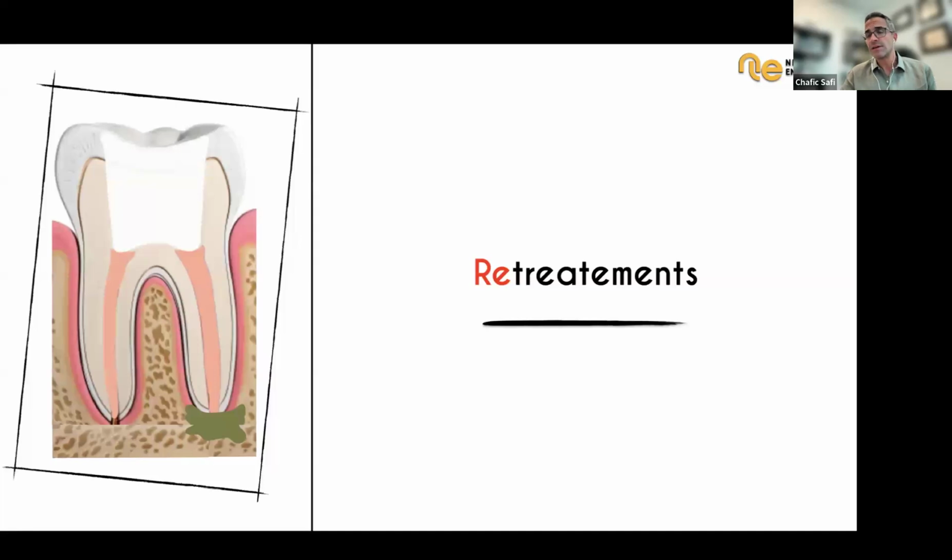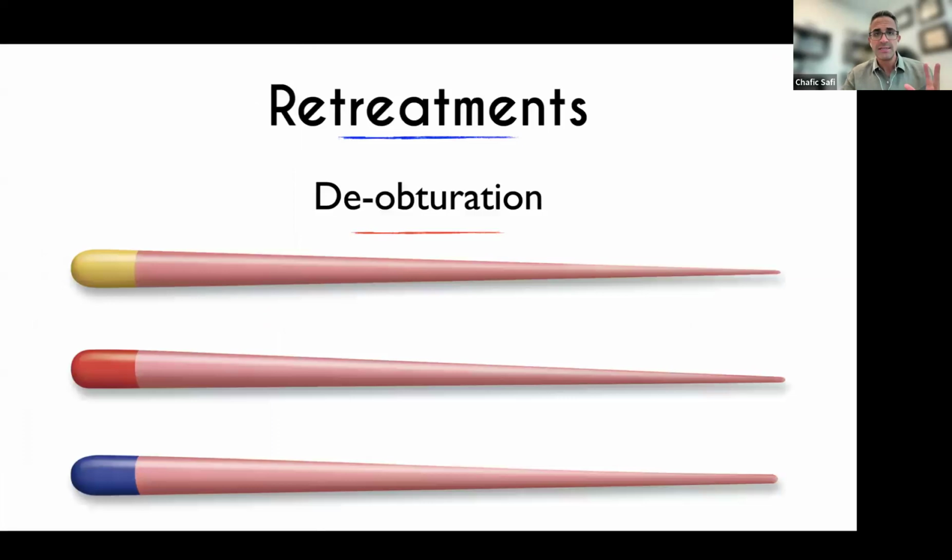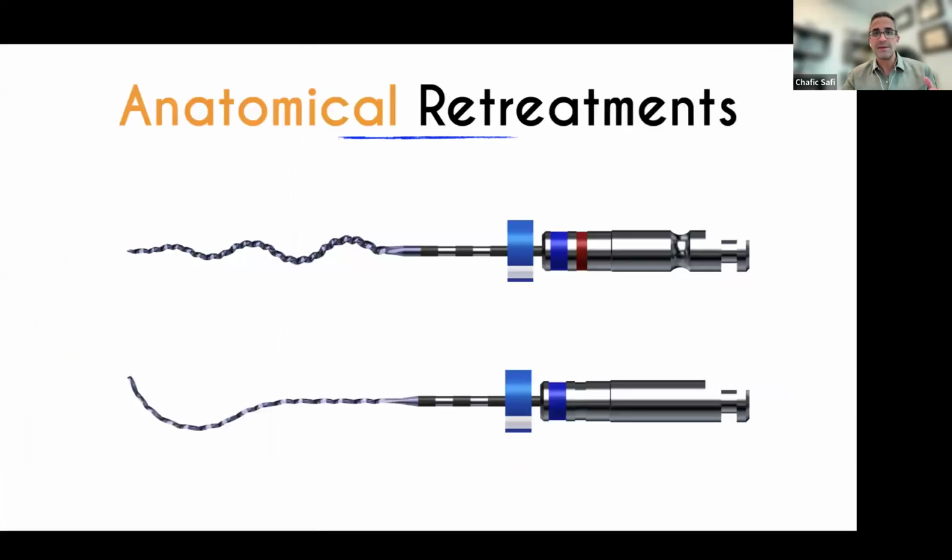Retreatments have also been a target of anatomically centered endodontics. In terms of retreatments, the biggest challenge for us is to deobturate the root canal system, and so we spend a lot of time doing that. Today, thanks to these two new instruments, we're able to do